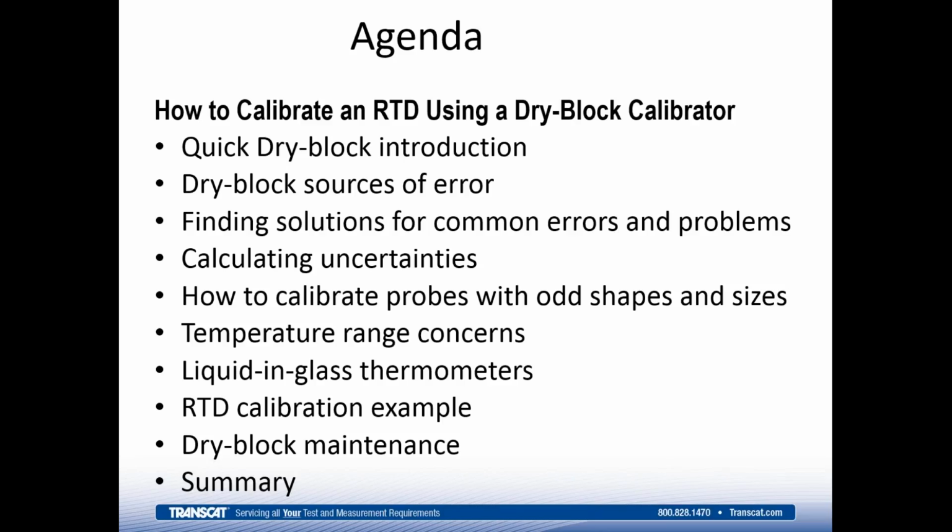do I do if I've got an odd-shaped probe that doesn't really fit into a dry block very well? Or what if the temperature range I need to cover is wider than the dry block that I have? Liquid and glass thermometers pose a particular challenge. And so then we'll talk about an example of an RTD calibration, and then talk through how to take care of your dry block, keep it maintained, so that it's going to continue to provide